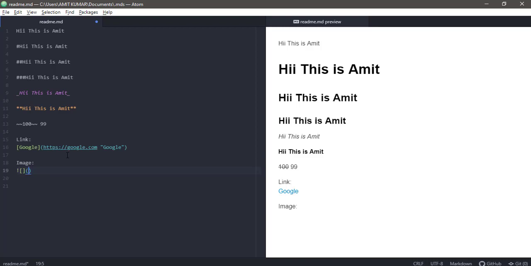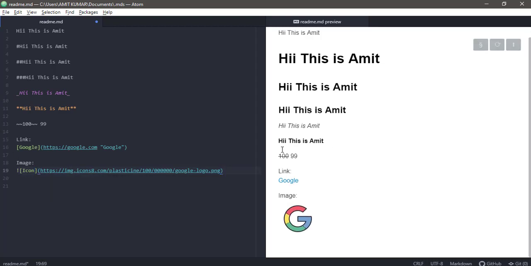Suppose we have pasted this one, so let's wait for it to load. Okay, you can see this is the image which we have loaded. And again, if you want to give a title when people hover over this, you can give a space and here you can give the title as well. You can see that the Google icon has been given the title.